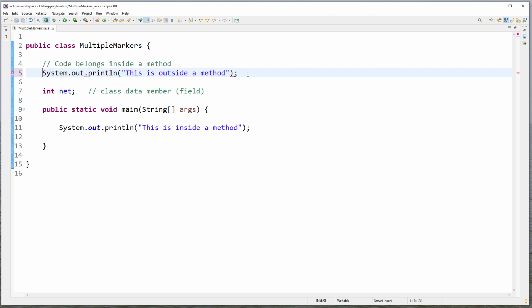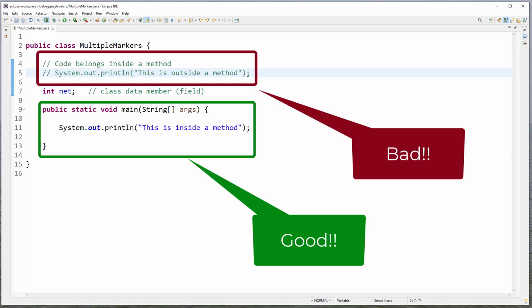So when you get an error like this, almost always it's because you're accidentally typing in the wrong place. I do this a lot, especially when I'm working with another programming language at the same time I'm working with Java. A lot of times I'll come in and do something like this. Real common mistake. I see it a pretty good bit. I do it all the time. And again, when that happens, just move your code to wherever you want it to actually